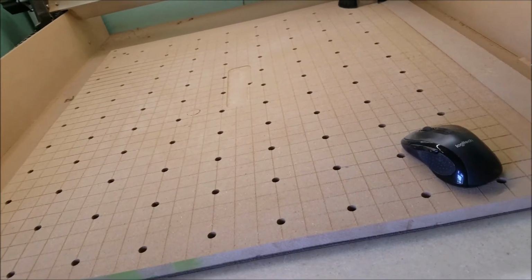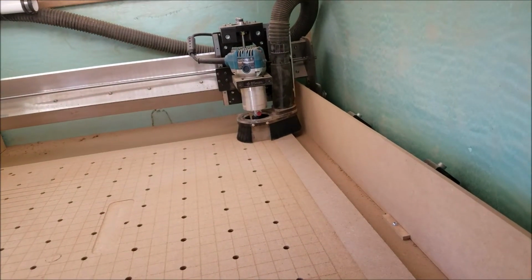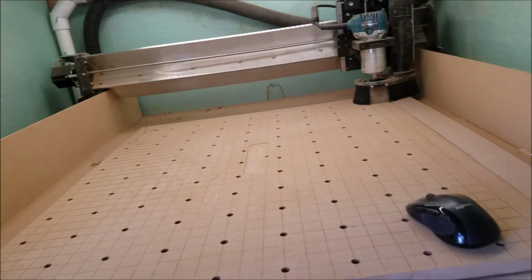So I would recommend getting the dust chute if you are working with MDF, because it's extremely dusty. Yeah, other than that,